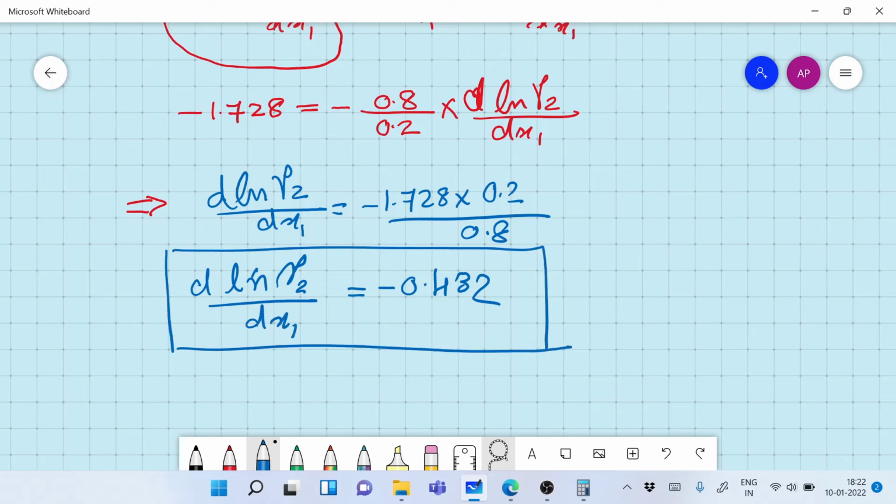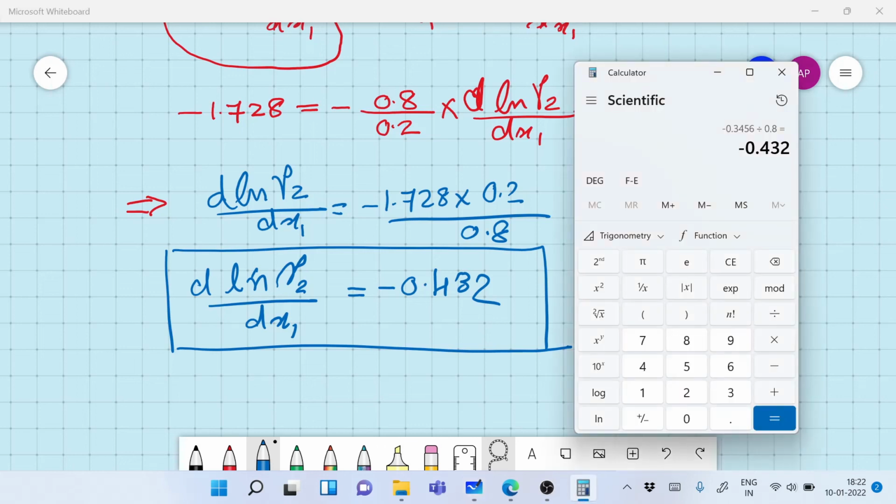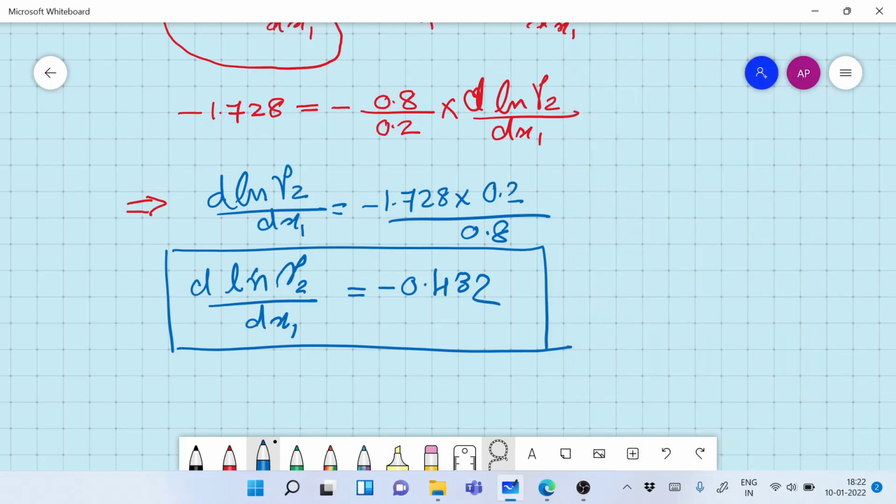That's your answer. As you can see, this was a very simple problem. It was a very simple application of the Gibbs-Duhem equation. Hope this has fired your imagination into solving more chemical thermodynamic problems which are in GATE. And of course, this also motivates you to appear for GATE. You at least get minimum of 4 to 5 problems on chemical engineering thermodynamics. And if all these problems are done correctly, this improves your score drastically.